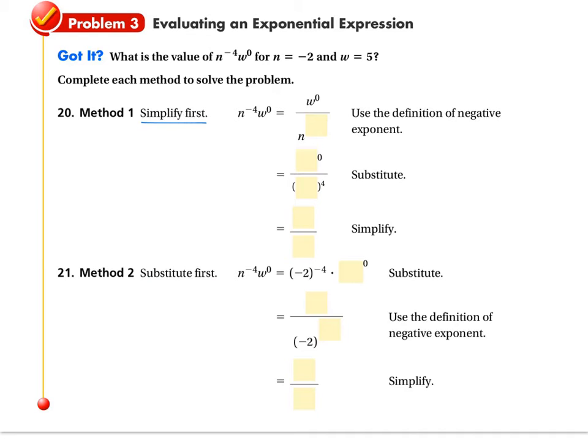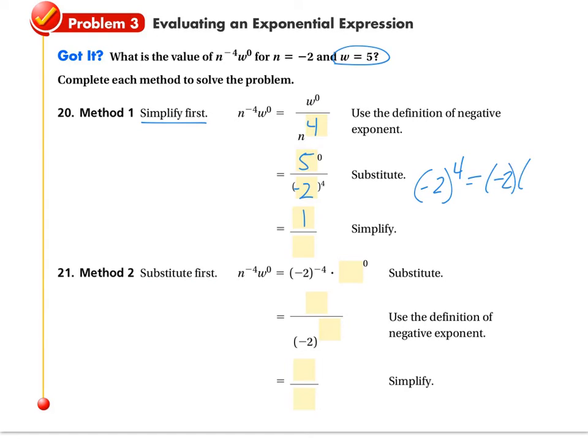Let's simplify first. So we're going to take the n to the negative 4, we're going to make it n to the 4 by putting it in the denominator. Now let's substitute. W is equal to 5. So we have 5 raised to the 0 power, and we have negative 2 raised to the 4th power. Well, 5 raised to the 0 power is 1. And negative 2 raised to the 4th power